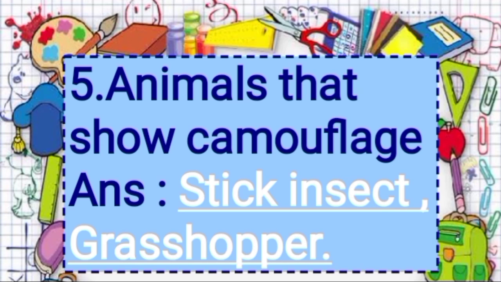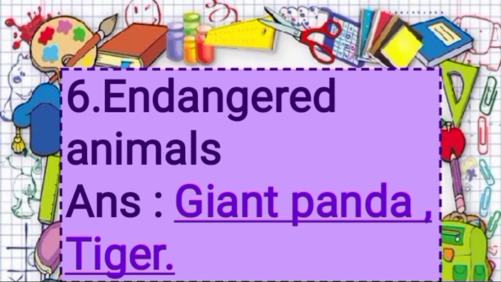Stick insect, and second example grasshopper. So as you know, some animals can trick their enemies because their body color blends easily with their surrounding, and thus confusing their enemies, they save themselves. So this is called camouflaging. Now next question,